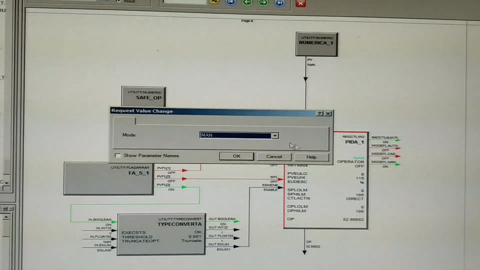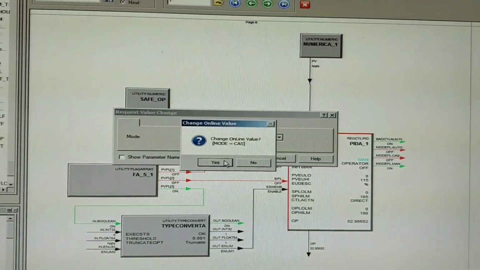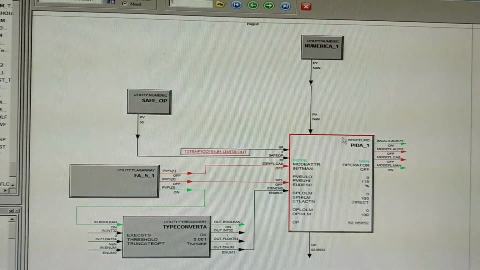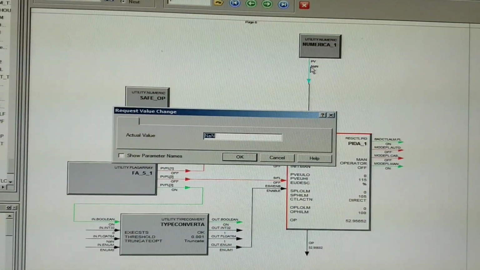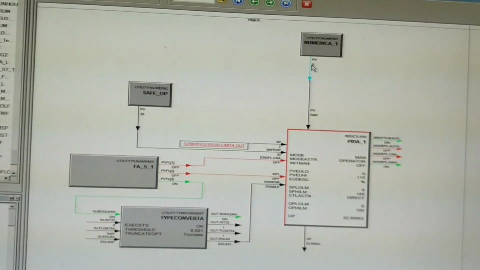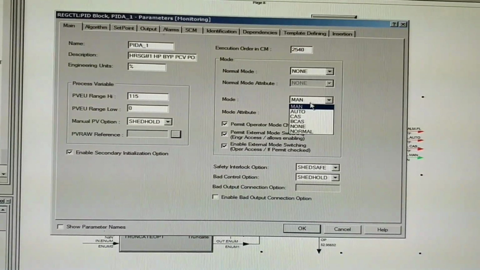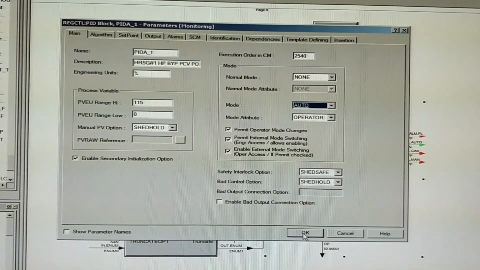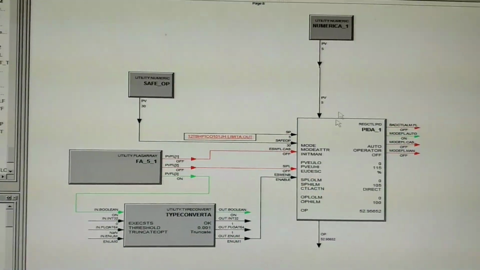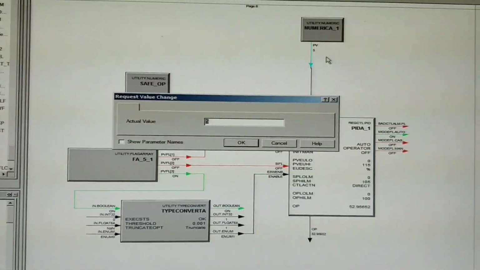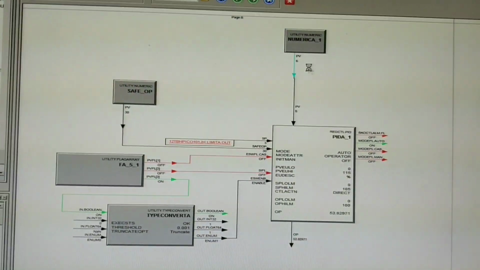Let's put the particular control in cascade mode. Okay, this value needs to be given. Okay, alarm is removed, and now we will put the mode to auto. Again we will change the output to 6.